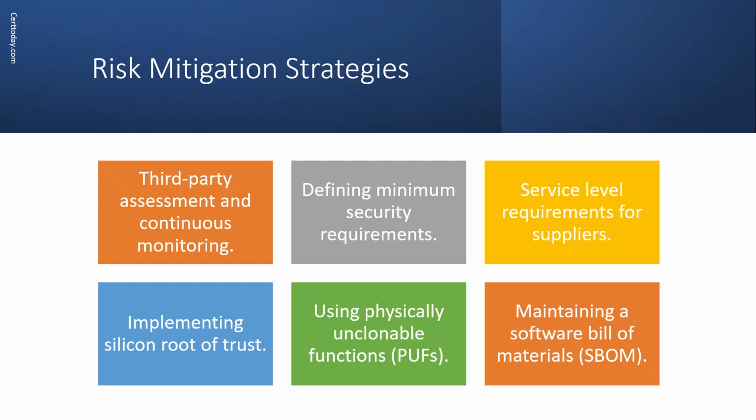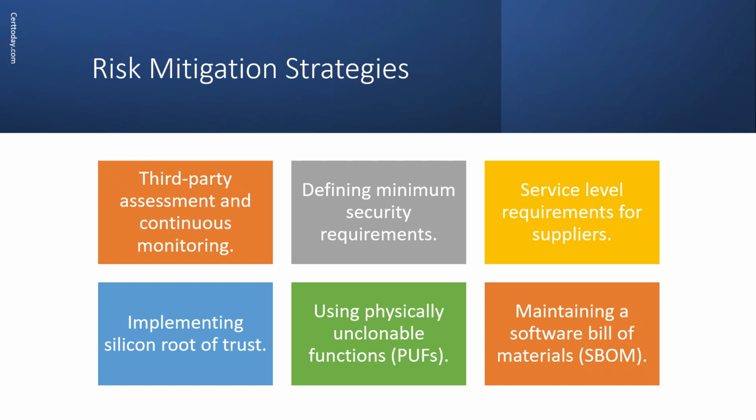Organizations should also define minimum security requirements for all suppliers, ensuring they meet baseline cybersecurity and quality standards before and during the partnership. Establishing clear service level requirements in contracts ensures that suppliers are held accountable for performance, uptime, and